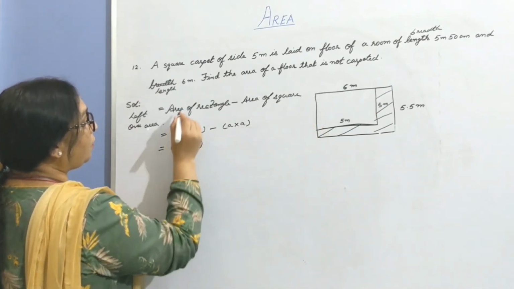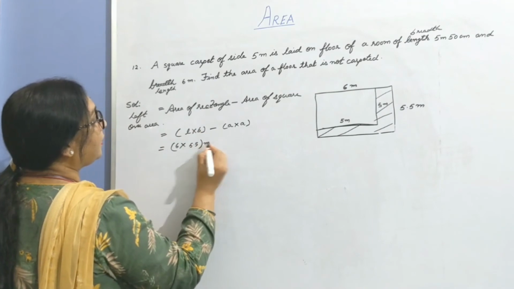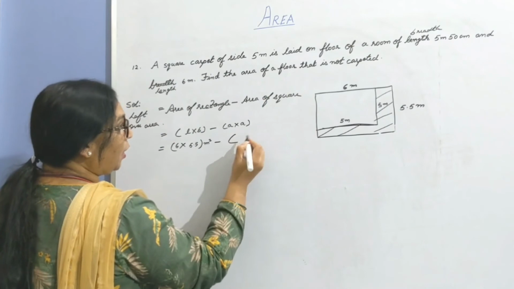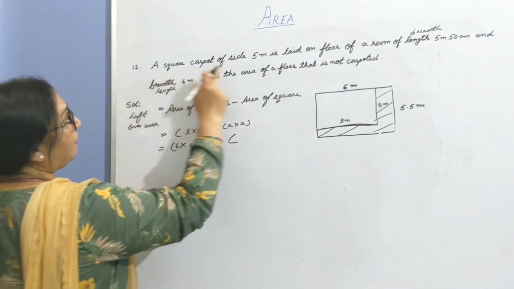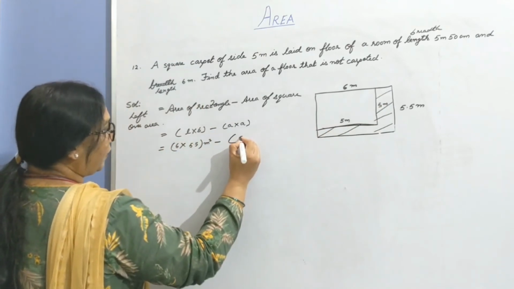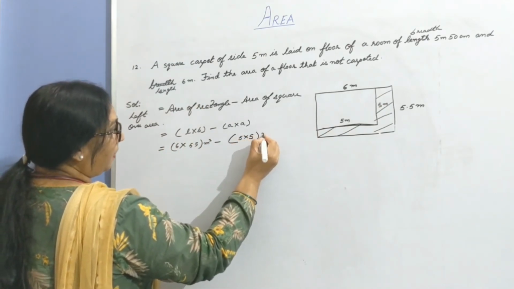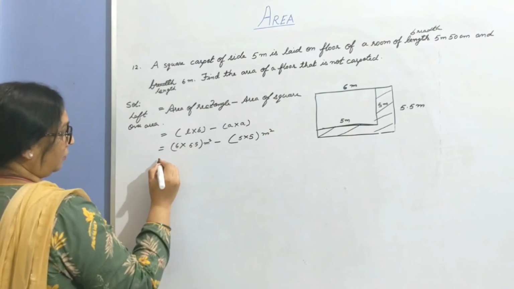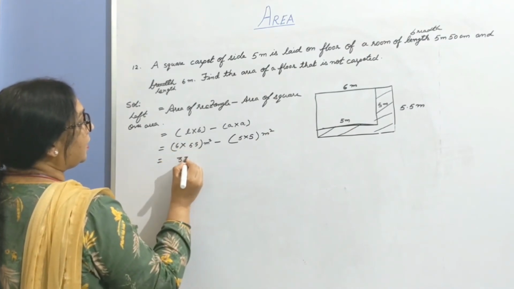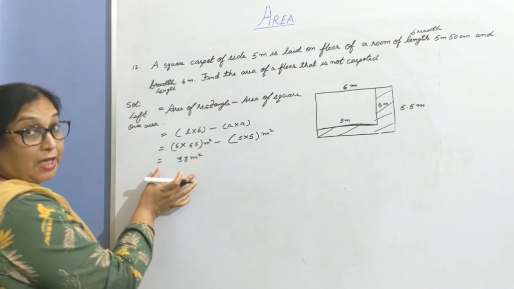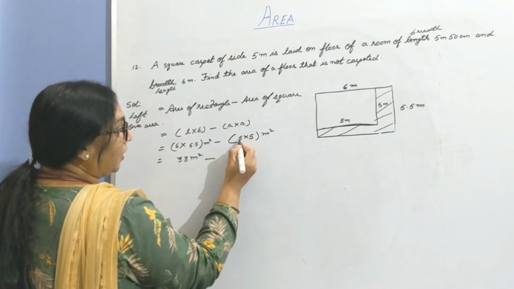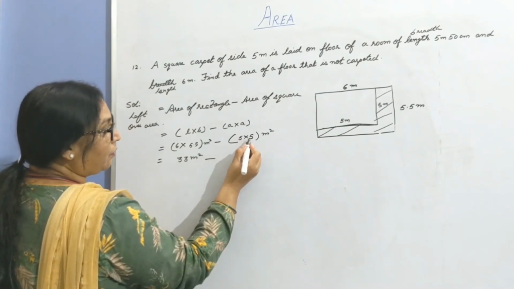Hence the area of this rectangular floor is 6 into 5.5 meter square minus area of the carpet. The carpet is of a shape, square shape, so it is 5 by 5. So area will be 5 into 5 meter square. Solve. 6 into 5.5 is 33 meter square. Hence the area of the floor is 33 meter square minus area of the carpet, square carpet, 5 into 5,